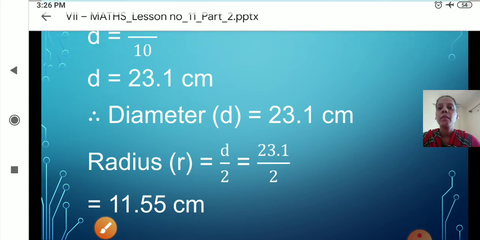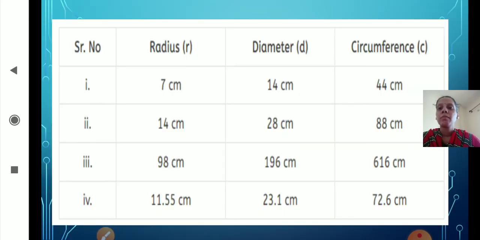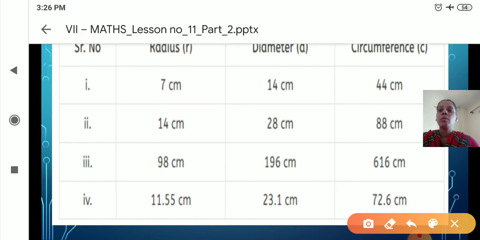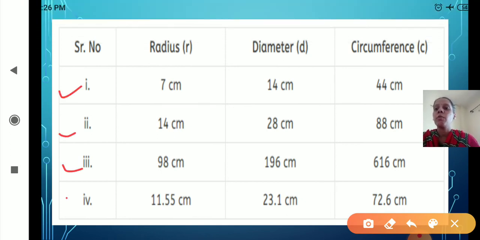Now okay, so this is the table, yes, which is given in the question, but here we have written all the answers. Okay. So as you can see here, first, second, third, fourth, yes, these are the questions given. Now in the first one, what was given? The radius was given. We have calculated diameter and circumference. Okay. So you will write down, you will put all the answers in the table which is given. I hope you are clear with question number 1. Now we'll move to the next question from practice set 42, that is question number 2.